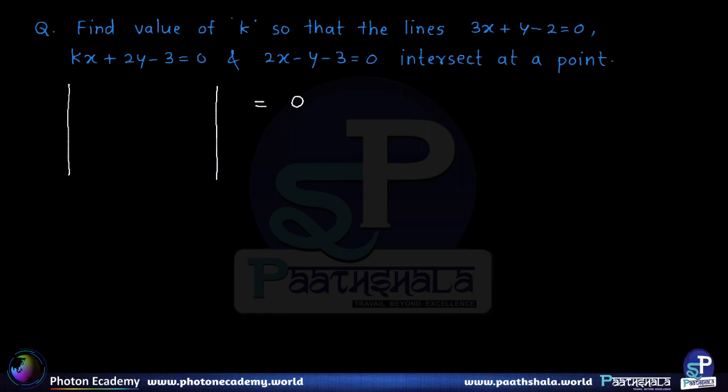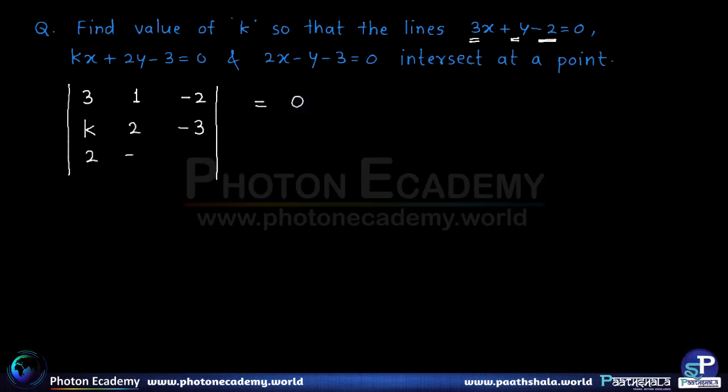For the first line we write the coefficients as 3, 1 and minus 2. For the second line we have k, 2 and minus 3, and for the last line we have 2, minus 1 and minus 3. Therefore on expanding the determinant, we have 3 multiplied by